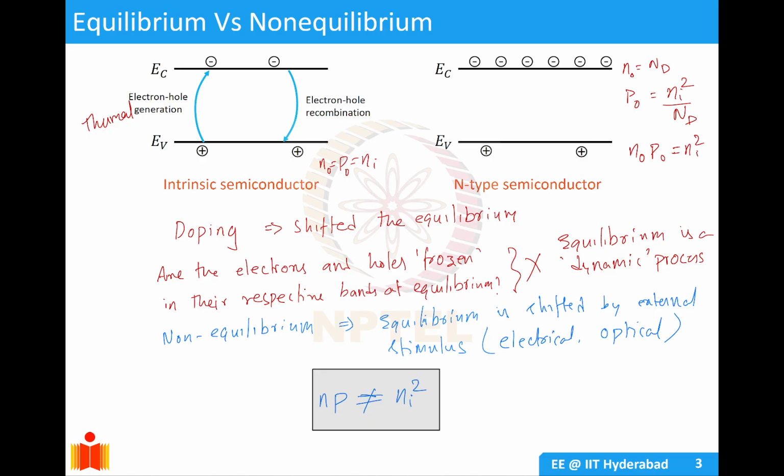So we are studying equilibrium versus non-equilibrium conditions. Under thermal equilibrium, you have electron-hole pair generation and electron-hole pair recombination going at the same rate, as it's in thermal equilibrium. In the case of an intrinsic semiconductor, you have equal electron and hole concentration, N naught equals P naught equals Ni. Whereas for an n-type semiconductor, your N naught is